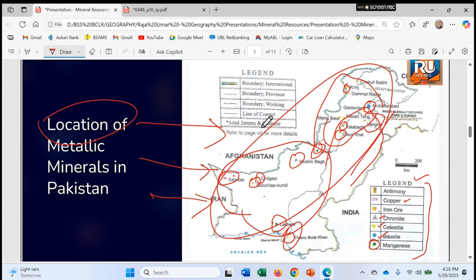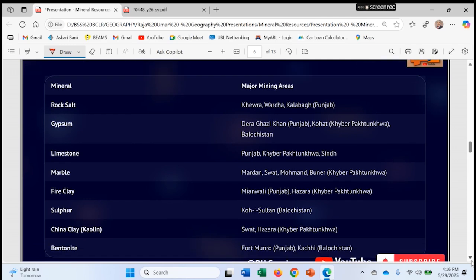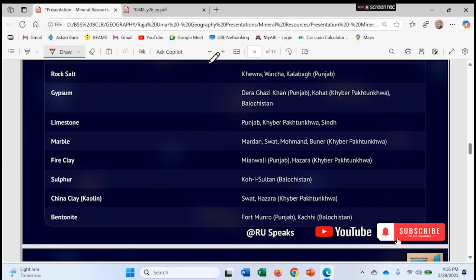So a couple of places in Punjab province. So this is how you are supposed to respond to the question related to the distribution of the metallic minerals in Pakistan. Now the non-metallic minerals: